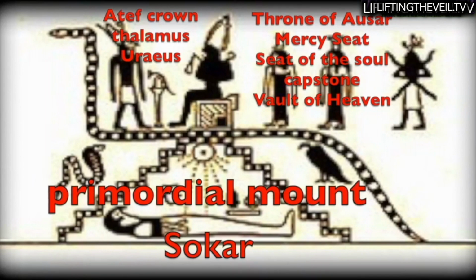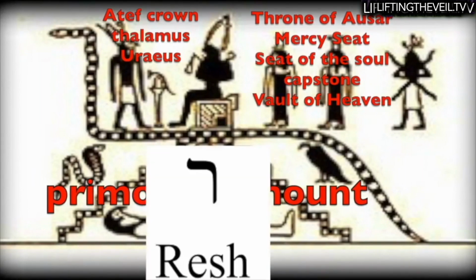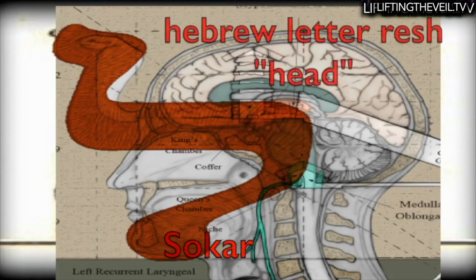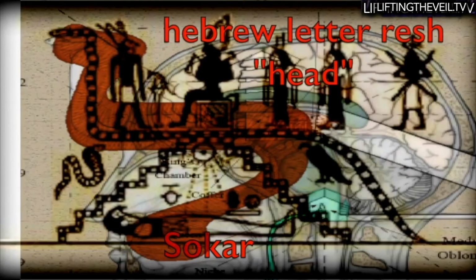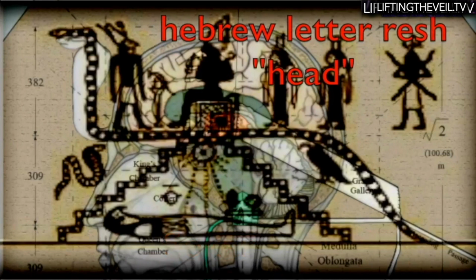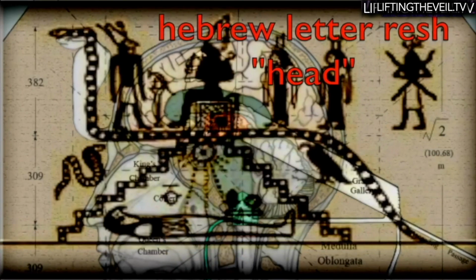it shows the serpent ascending the staircase, and it shows the serpent at the divide point in the exact same image as I'm showing here as the Hebrew letter resh, which means head, right there. And the basal ganglia of the brain corresponding to the Ordeos serpent, which is why the Ordeos serpent is at